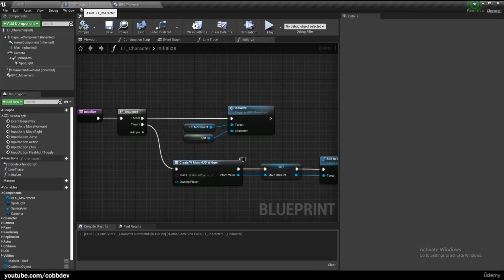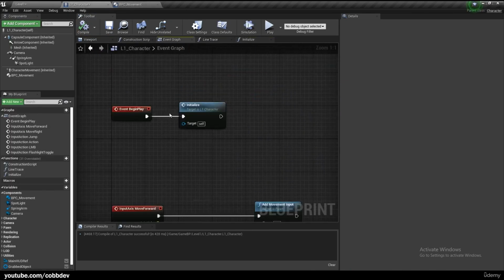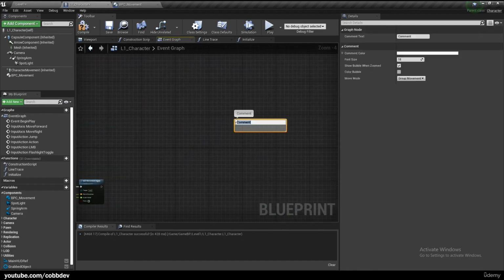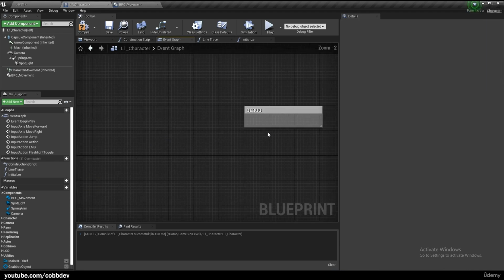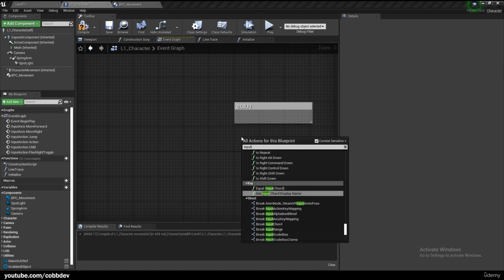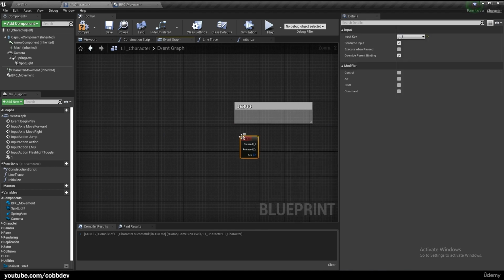Compile and save. And in L1 character, for a debug over here, let's hit C, and it creates a comment. We'll call this debug, so we know that everything under this comment is just for debugging purposes, so we can remember to delete it later. We can do input 1. So if we hit the 1 key,